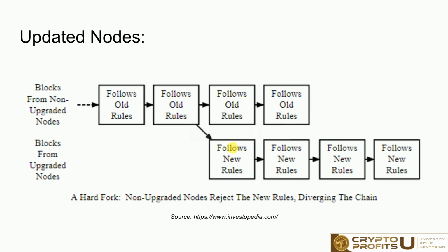So when there's an update, this is what happens with a hard fork. It's when you have some blocks and some servers with an upgraded version of the software and some with not. And this is why it's called a fork. It's like a fork in the road. So right here we have one stream of servers and a blockchain that is following the old rules or the old software program. It's like one set of servers is following iOS 1 while one is following iOS 2. And this forms new blocks and a new blockchain. And so it's a divergence of two separate softwares running at the same time.